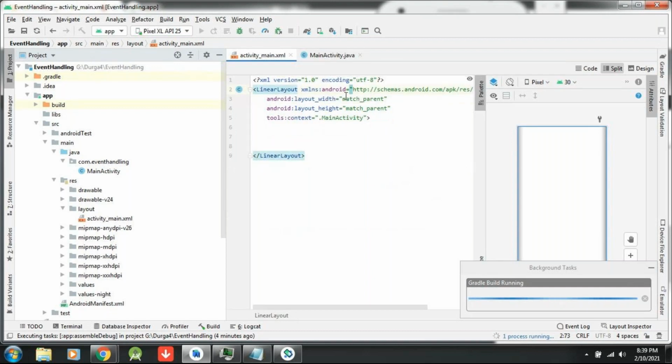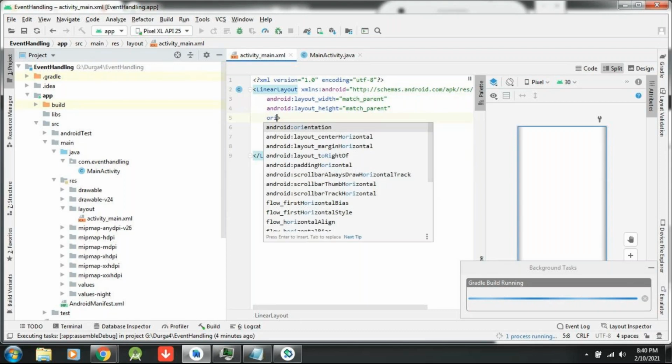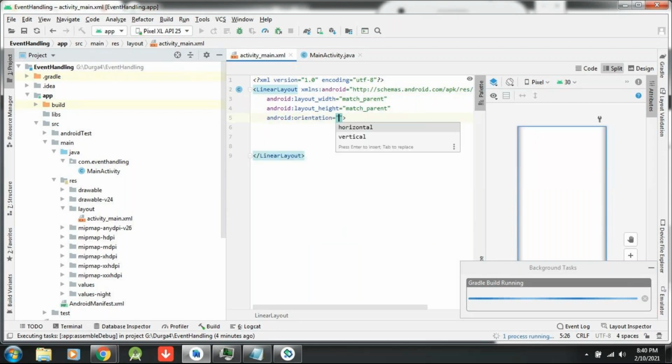Yesterday I explained what is match parent, what is wrap content, and what is fill parent, as well as what is the static way of designing. I also told you linear layout is available horizontal as well as vertical. To set that orientation, I write the orientation property. See, I have typed only ORI, and pressing control space gives me the suggestion. So here I am writing vertical. Whatever buttons I place here, everything should come vertically.